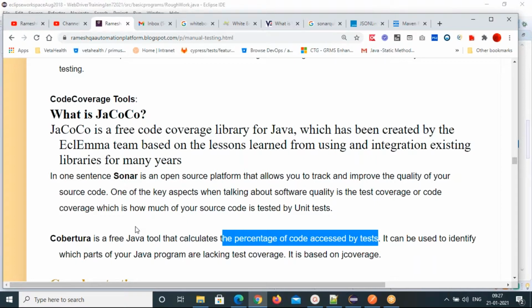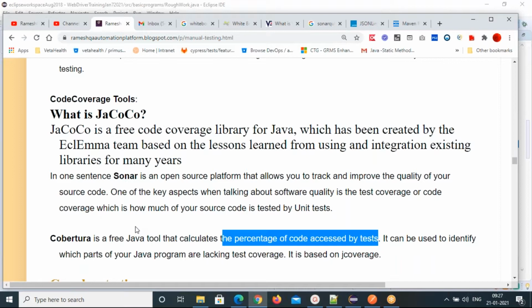That will be exercised and reported by these code coverage tools. So what is code coverage? Code coverage is a metric which finds out the automation test coverage. Automation test coverage means how many automation test cases you ran and how much of your application code is tested. That will be reported by these code coverage tools.